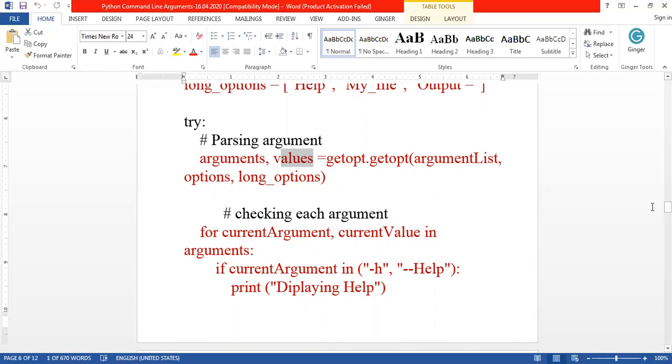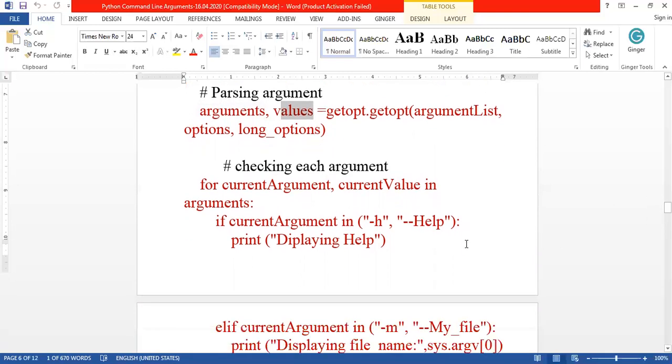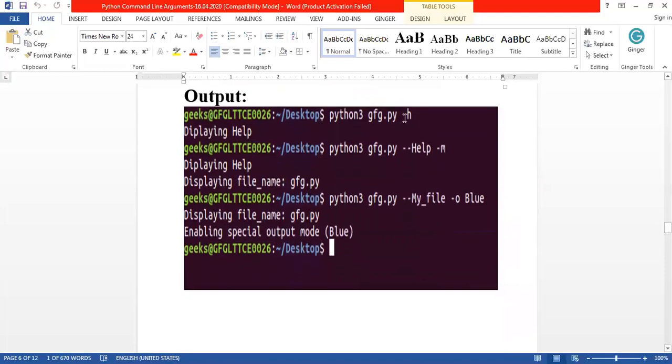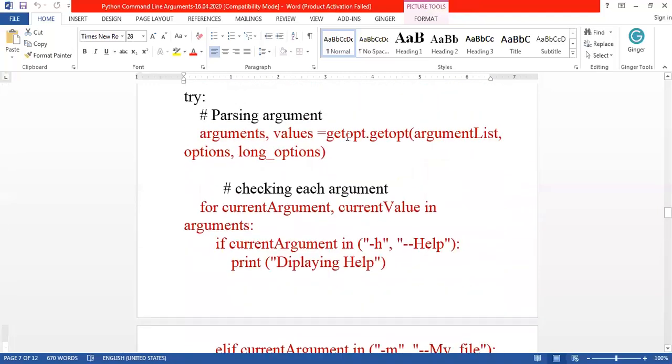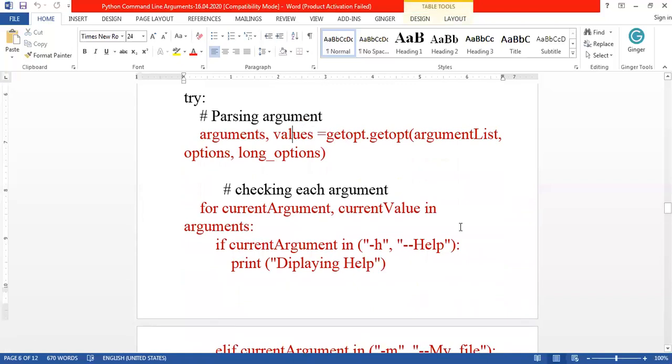For example, here after the command we are not passing any values, so the values field will be empty. Here also we are not passing any values, so values is empty. But if you pass something like 2, 3, then the remaining values will be stored in this part.